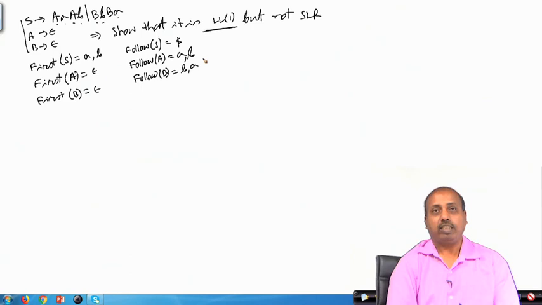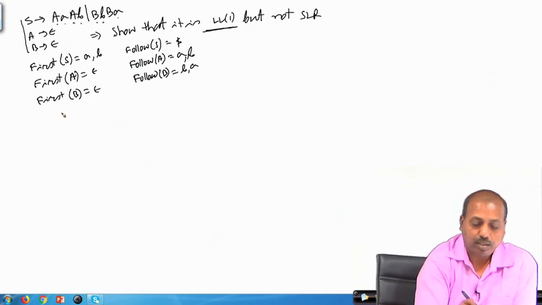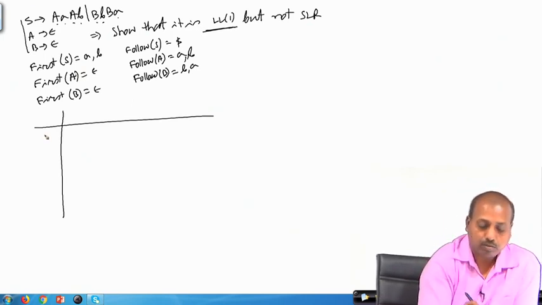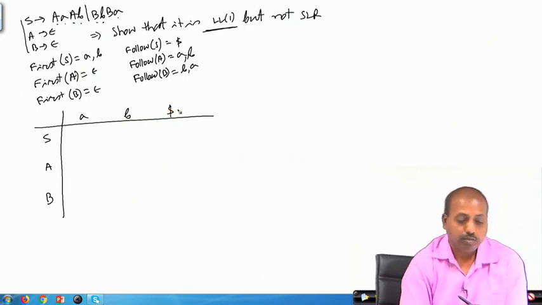So, after constructing the first and follow sets, we try to construct the predictive parsing table. If we can successfully construct this table, then the grammar is definitely LL1. So, we have S, A and B, and we have the terminals a, b and dollar. Now,